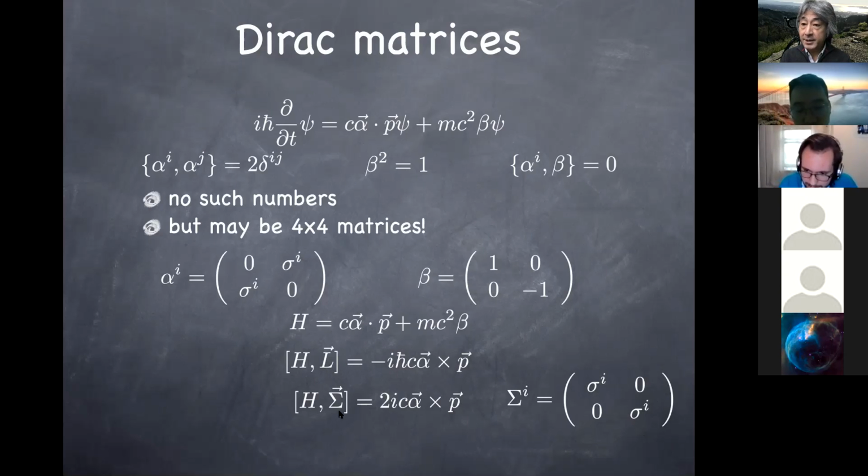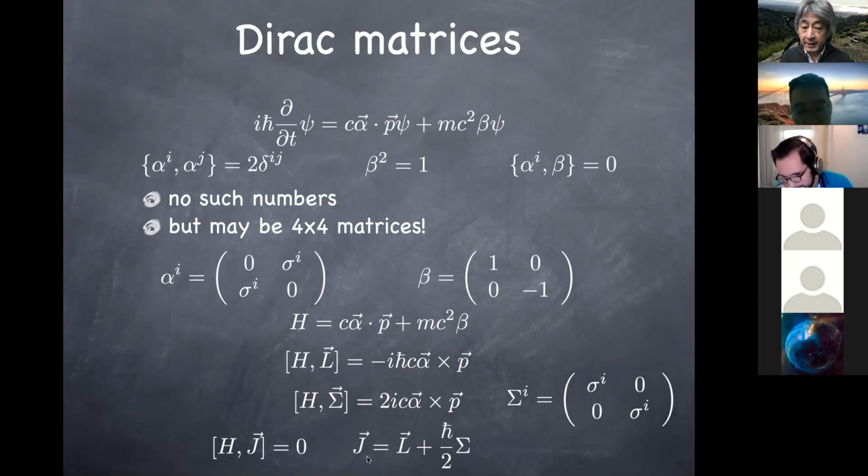So by looking at this combination of L and sigma, I can form this combination J, which is L plus h bar over 2 times sigma. Then you find it commutes with the Hamiltonian. Namely, by putting h bar over 2 in front of sigma, I cancel this factor of 2 because of the half, and I put another factor of h bar. Then it looks exactly identical to this commutator, but with the opposite sign, so they cancel.